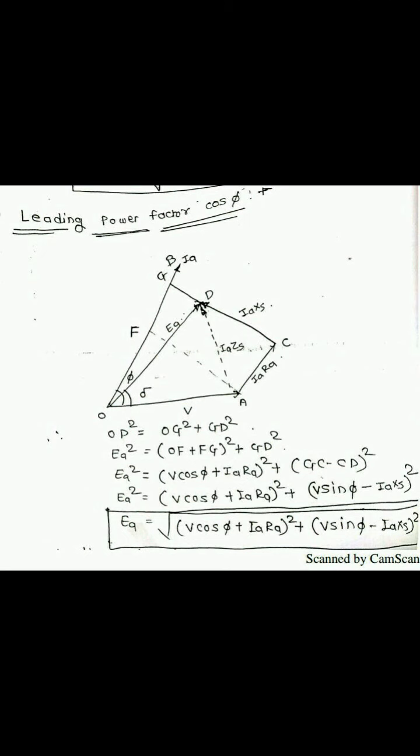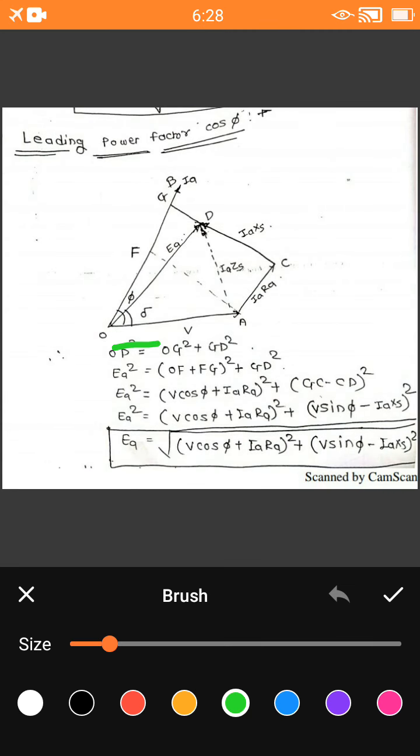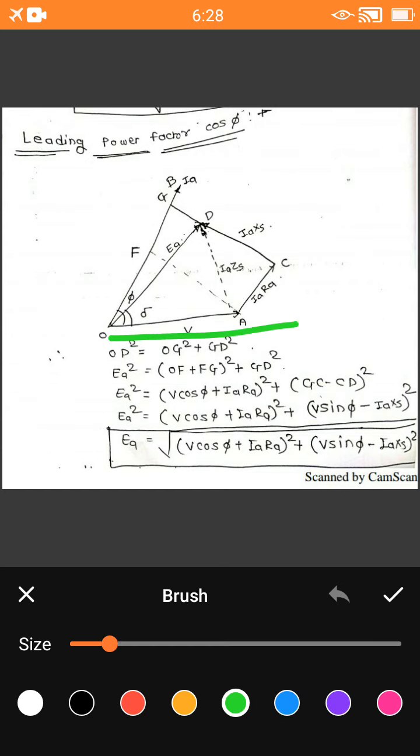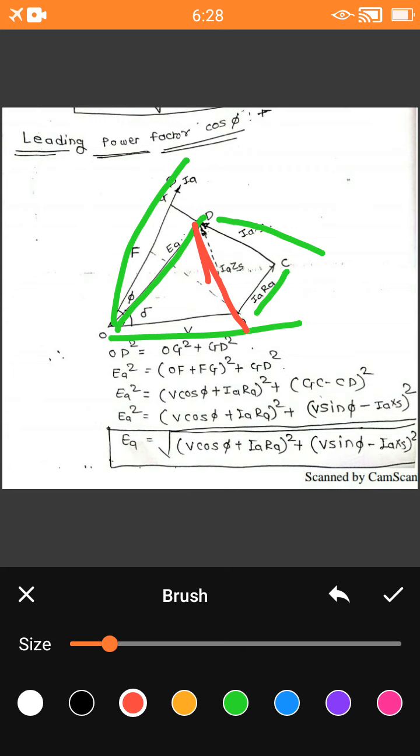So as we know that in that particular figure, the current is leading by an angle, that angle is called phi. So in that particular figure, V is the voltage, and the current is at an angle phi. So for the sake of that, we want to draw the different constructions for the generated EMF. So this is a reference phasor, that is V, this is the phasor of current, this is generated voltage Ea, this is for IRa drop, this is IXs drop. It will give you the impedance, that is IaZs drop.